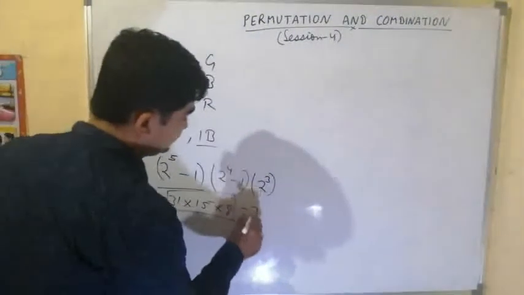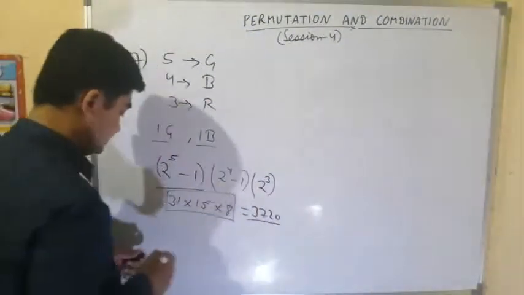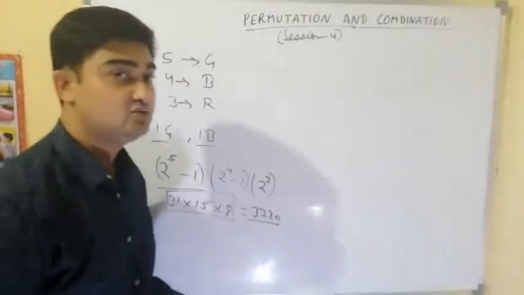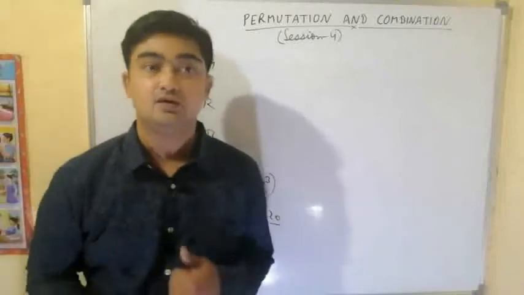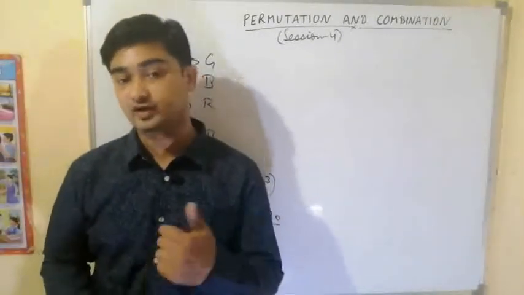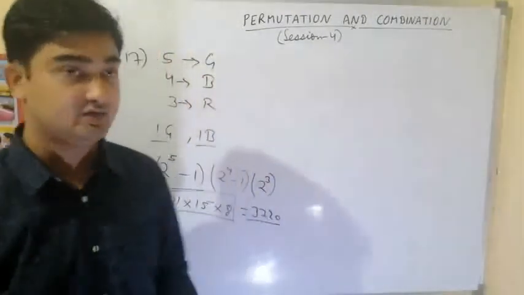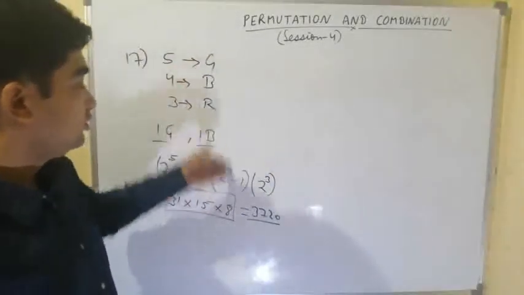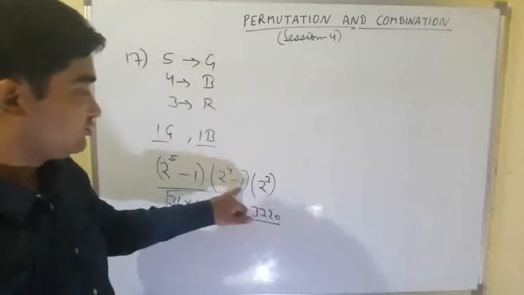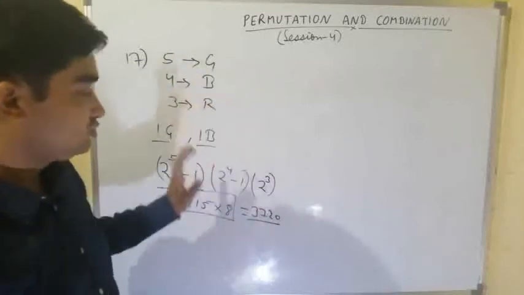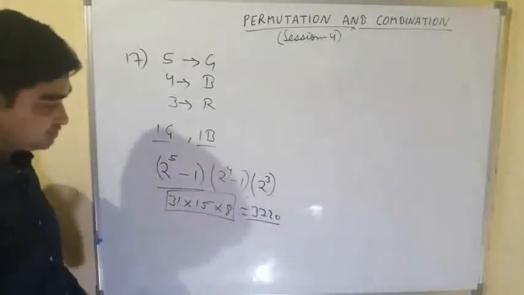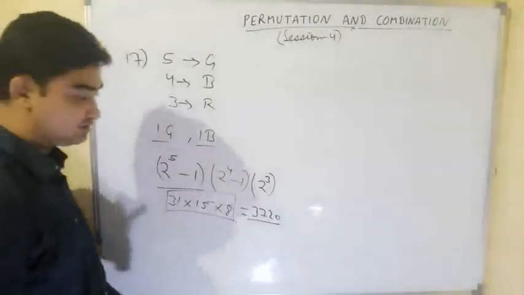3720. It is the number of ways in which we can group the balls, because with every ball we have 2 choices, whether to take it or leave it. If we have to select at least one, that one case we have to subtract where we are leaving everything. So 2 power 5, where 5 are green balls, minus 1. 2 power 4, where 4 are blue balls, minus 1. 2 power 3 with red, there is no condition, so only 2 power 3. So these are the number of groups in which we can distribute the balls.